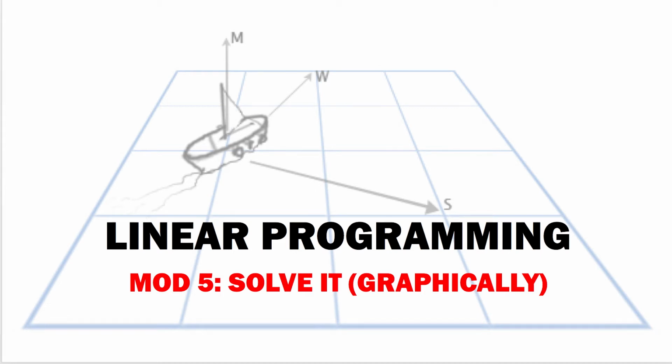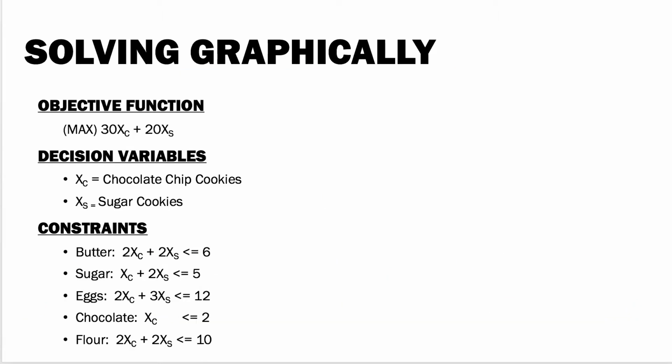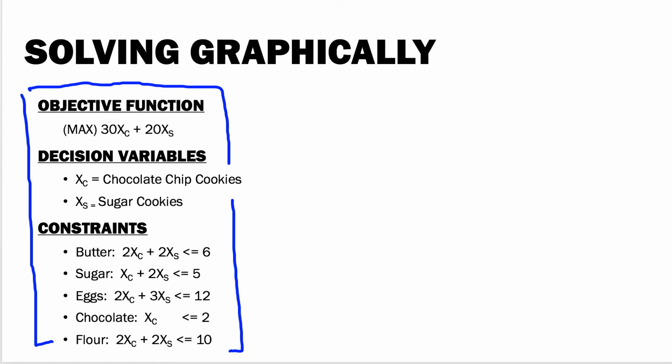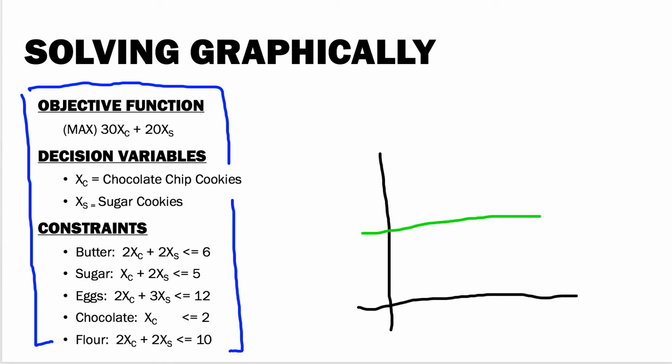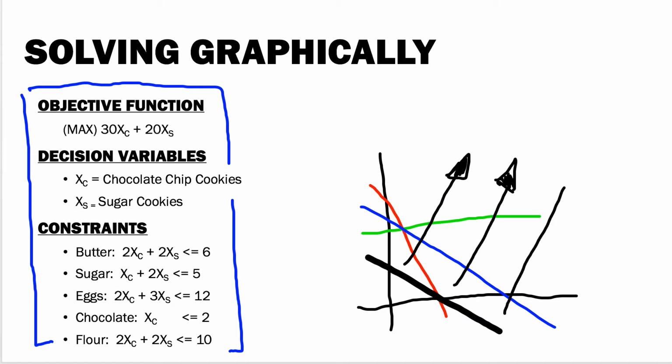This video will walk you through solving a linear program problem graphically while giving you a strong conceptual understanding of how these solutions logically work. Here, we have the summary of the model we previously created. Over the next several slides, we will plot the constraints and then apply the objective function to determine its optimal